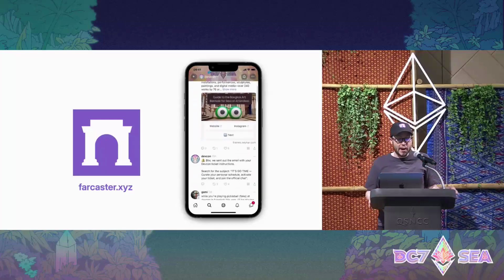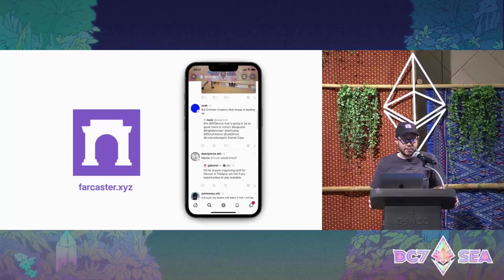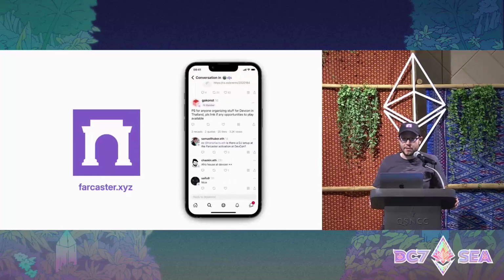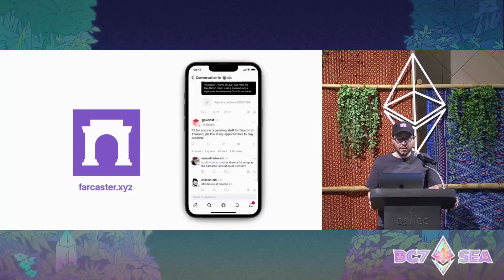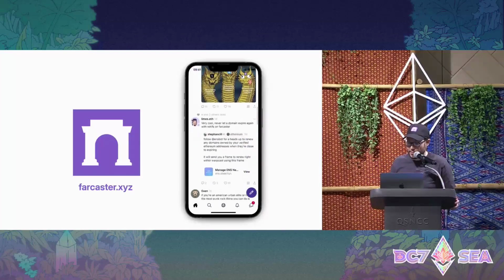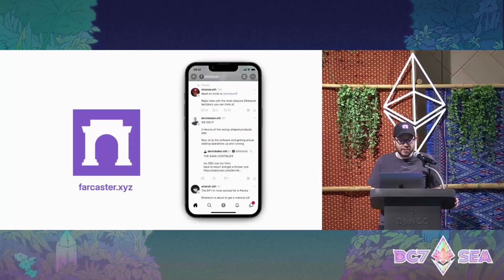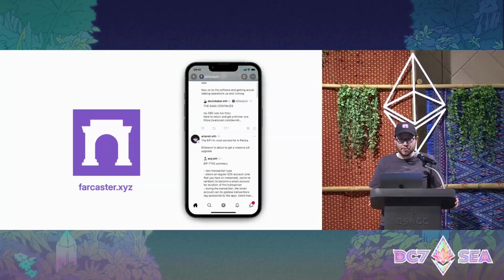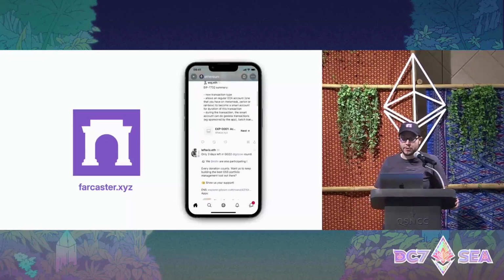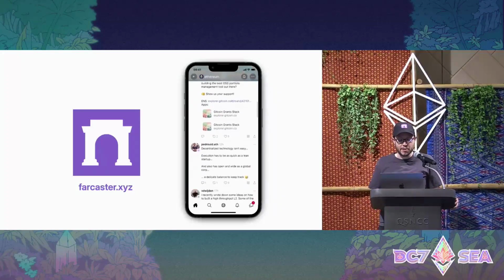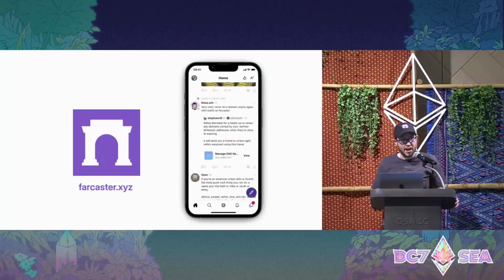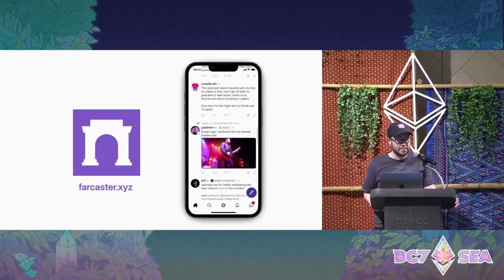You can create a profile, you can follow people and topics you're interested in, post things like text, images, links, and video. It looks a lot like Twitter, but it's purple. And if you squint, it might look a little bit like Instagram or Facebook or Reddit too, because it's built on most of the same social primitives. Things like your identity, your social graph, and text and media content.